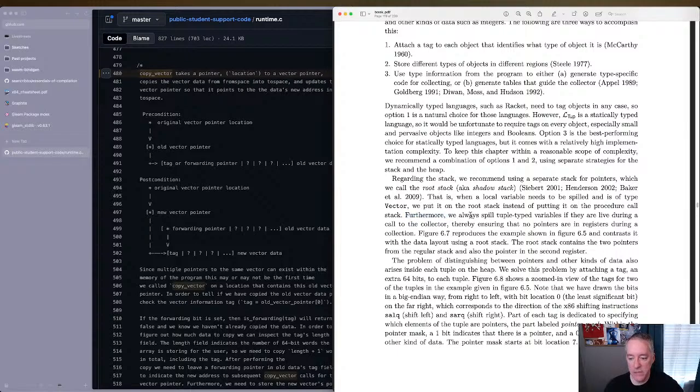Furthermore, we always spill tuple type variables if they are live during a call to the collector. So they're saying spill, I think they mean to the procedure call stack? No, they would spill to the root stack. Okay. Thereby ensuring that there are no pointers in registers during a collection, right? Because you have to use those registers during a collection. They're not safe. You'd have to preserve them. And we probably will have a bit where we preserve them. I guess the